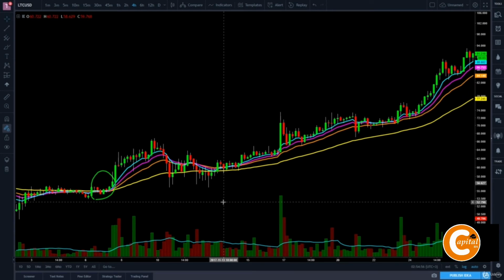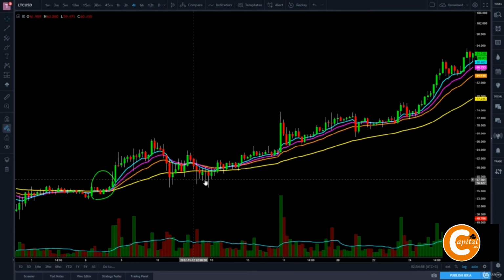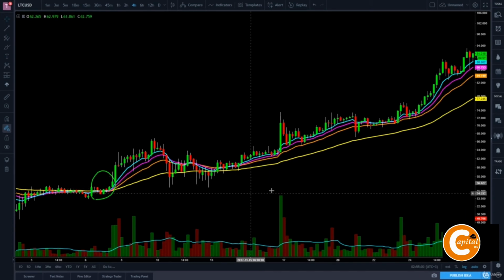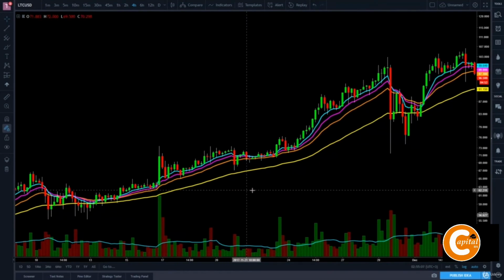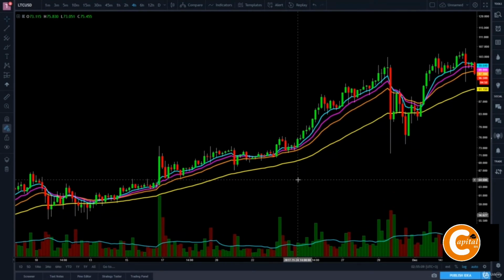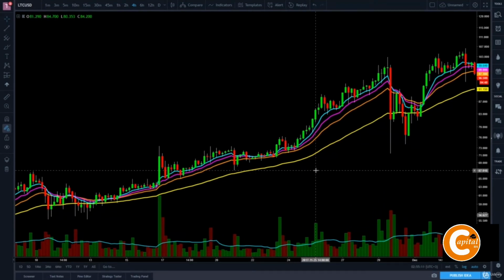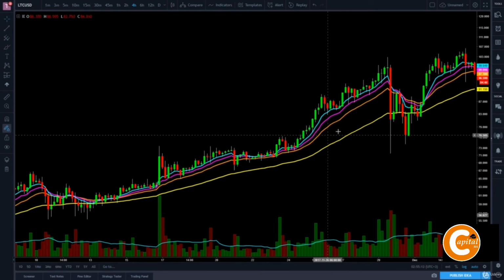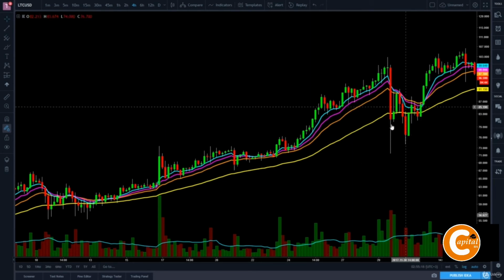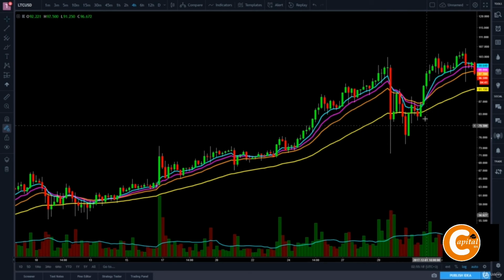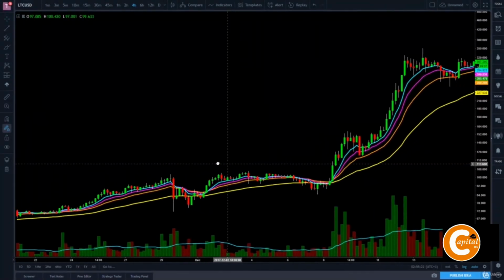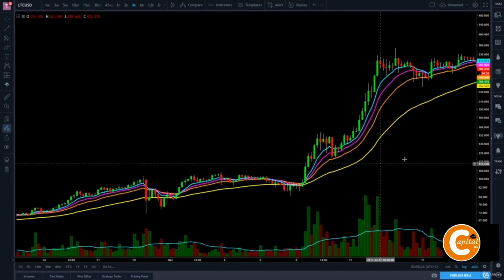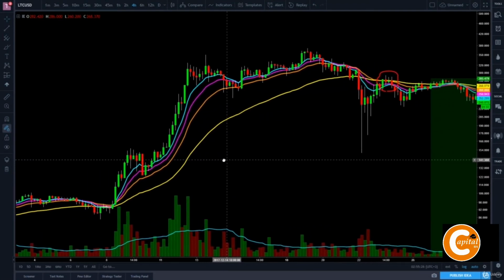So we start riding it, and in very short time we can see that the candles went below the 55 moving average, but we have strong hands and we follow our rules and we are not panic selling because we don't see any crossover to the downside yet, and we keep riding it. Here again we see that the candles went below the 55 moving average, but we don't want to sell. Why? Because we don't see any crossover to the downside yet, so we keep riding it to this region right here